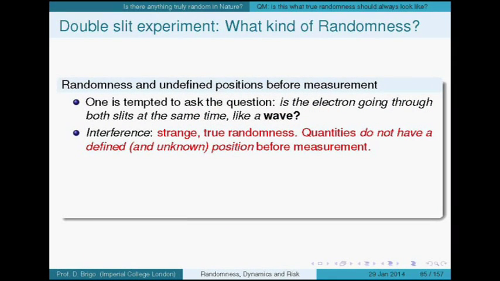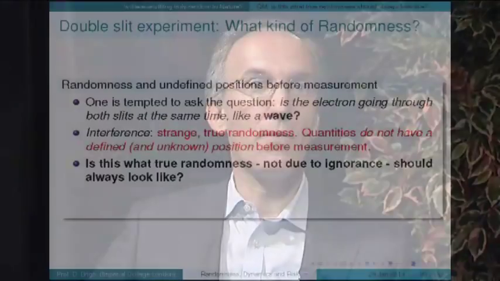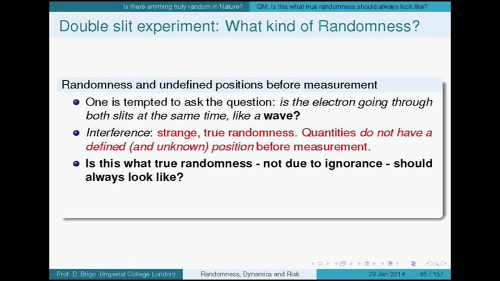All right, so it looks like the electron, as I said, is going through both slits as a wave. It's a strange, true type of randomness where quantities do not have a defined and unknown position before measurement. It's really not defined. There is no definite status of the position of the system before we actually measure it. Is this what an extreme form of randomness would always look like? A true randomness, where there is not even a definite position, or configuration, let's say, of anything